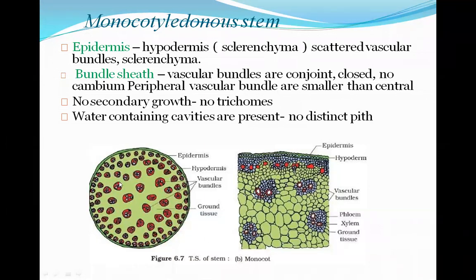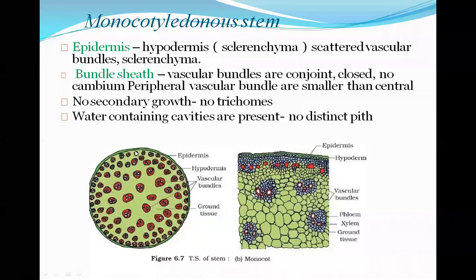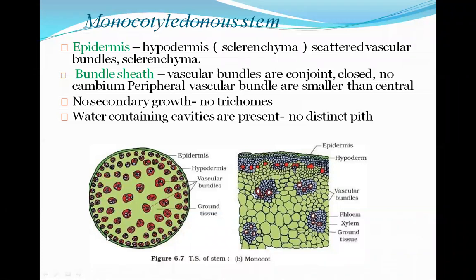You can see here the central ones, and the peripheral vascular bundles are said to be these, where I am showing the cursor. As they are present on the periphery, they are known as the peripheral vascular bundles. These vascular bundles are comparatively smaller than the ones present in the middle. So the central vascular bundles are comparatively larger in size than the vascular bundles present on the peripheries. So if it is asked, then you can write that the vascular bundles present on the peripheries are smaller in size compared to the vascular bundles present in the center.